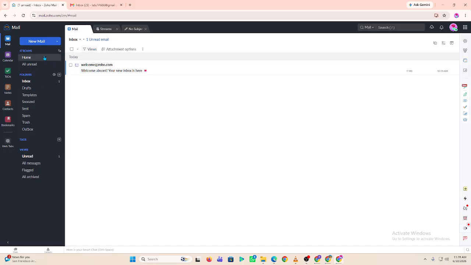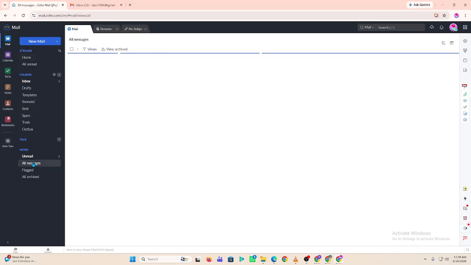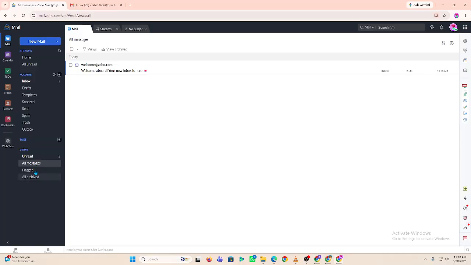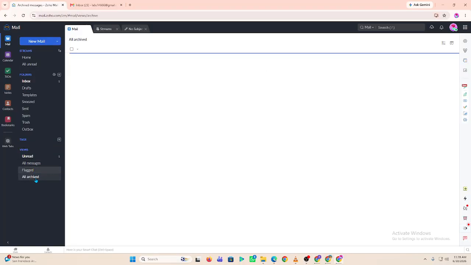That's all there is to it. You've successfully created a deal in Zoho CRM. From here, you can track every stage of your sales process and manage